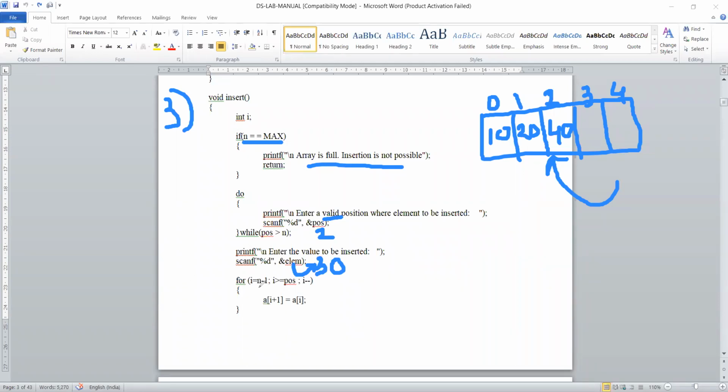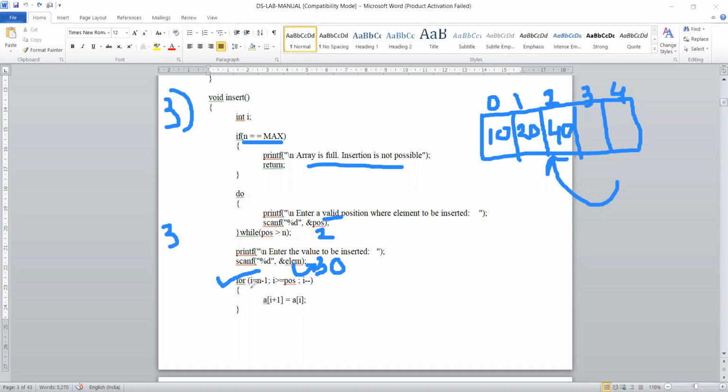Now see the for loop, how we are defining it, not like normal reading with printf and scanf. For i is equal to n minus 1. What was n in the previous case? n was 3, right?